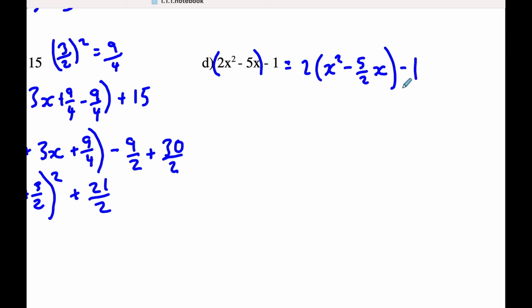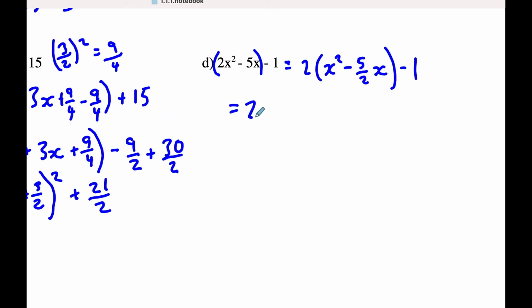And again, you can just double check to make sure that when you expand this quickly, you end up with the same equation that you started with. Now, we have to find a perfect square trinomial, or form a perfect square trinomial, for what's within the bracket. And I'm going to give myself a little bit more space back over this way. So